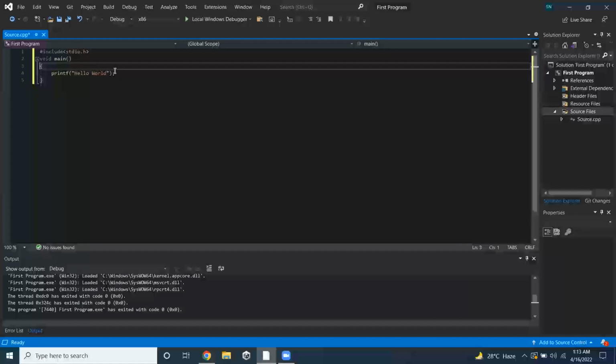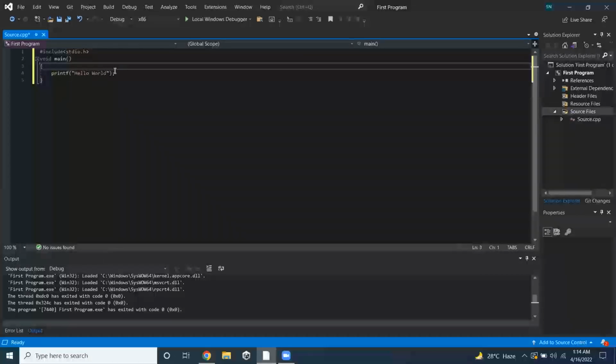So I am using opening curly bracket at line number 3 and closing curly bracket at line number 5. And in between these two opening and closing curly brackets, I have written printf hello world. This is the message that I want to print in my first program,